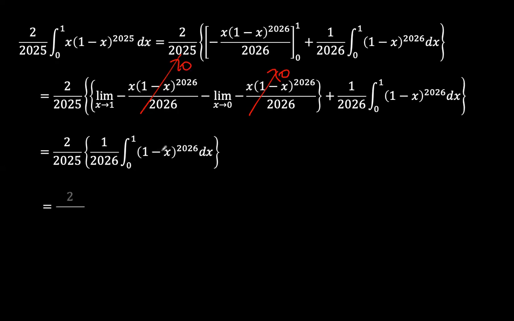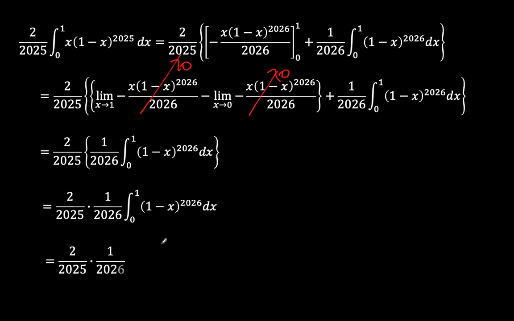So if we integrate this, (1 minus x) to the power 2026, that's the same as negative 1 over 2027 times (1 minus x) to the power 2027. So with the limits taken appropriately,